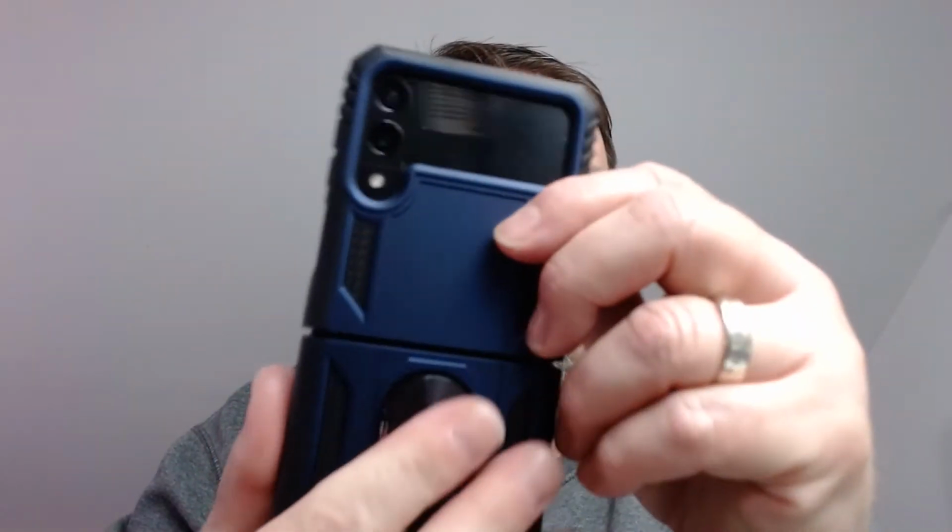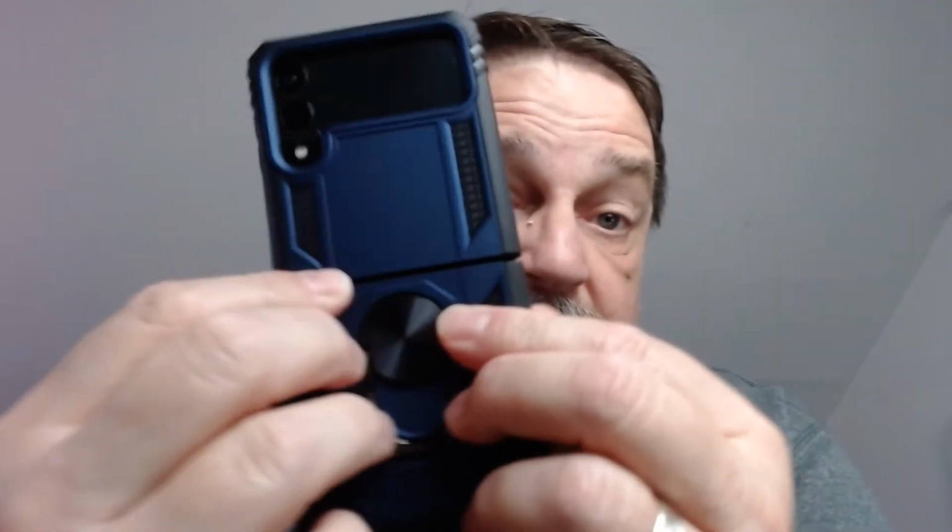But you see, I can have the ring. I can do this. And the other thing is this. I have a magnetic. I love the magnetic mounts. They're not really big. There's not this big grippy finger thing holding your phone. It's boom. It holds it in place. I wish that this was really up here,